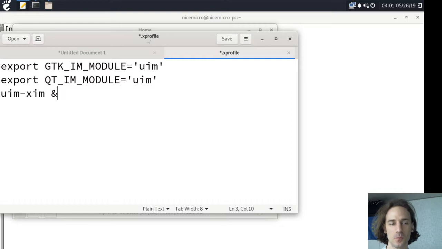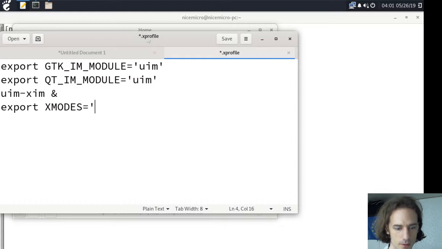So when the command is run, it will run in another subshell and won't wait until it runs its course to go to the next command, which will be export XMODIFIERS equals @im=uim,